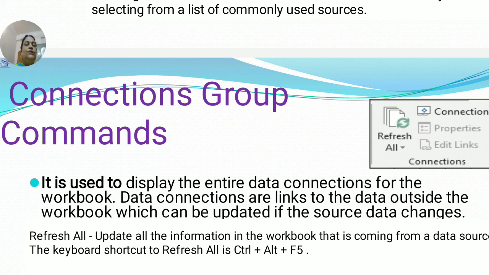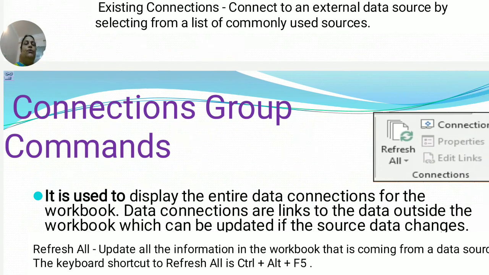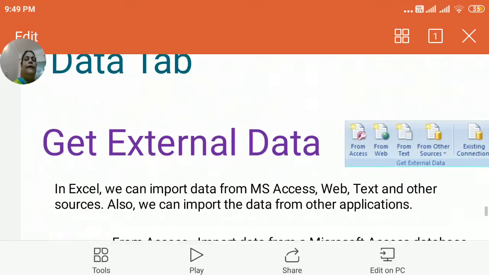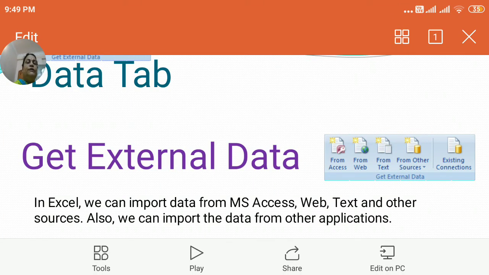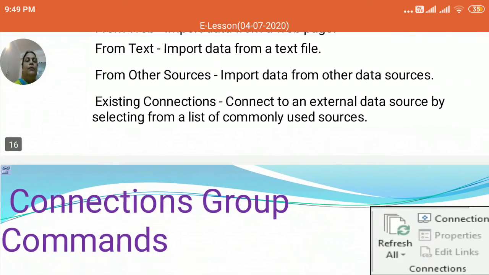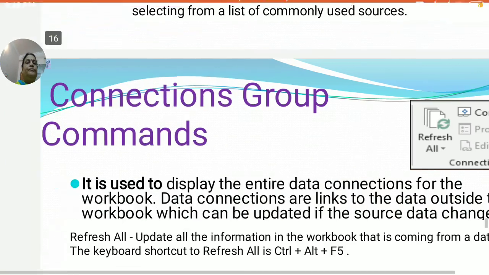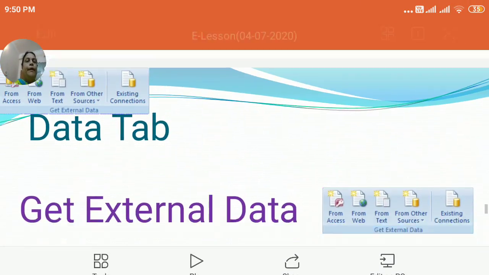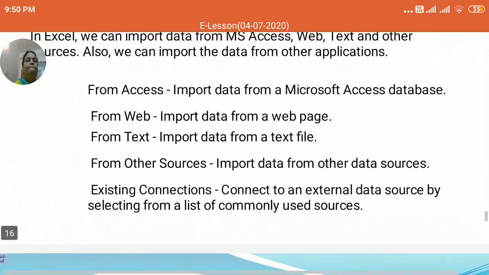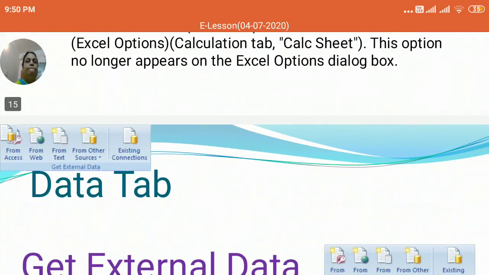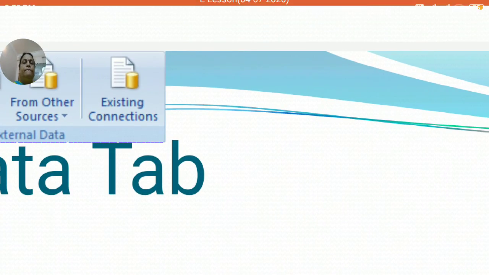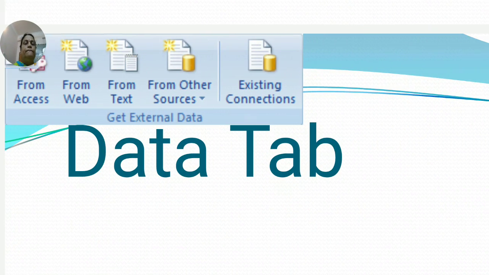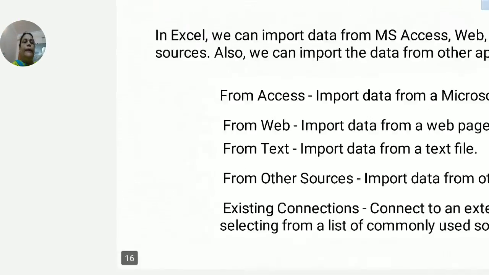Next, the connections group commands. Under the data tab, the first group is get external data. Then you have another, the connection group commands.